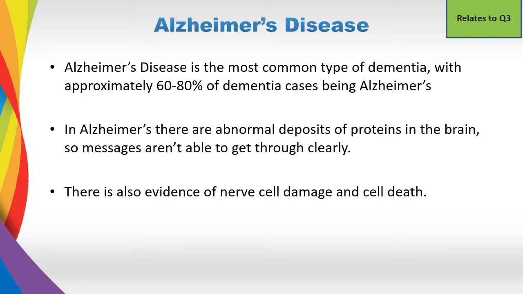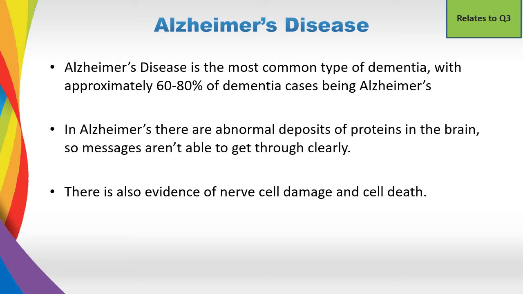What Alzheimer's does is it causes abnormal deposits of proteins in the brain, which makes it really difficult for the messages to get sent through clearly. Just think about there being some little nodules of protein and they're blocking the nerves. If you look at, say, a strand of hair, if you look at that as your nerve in your brain,